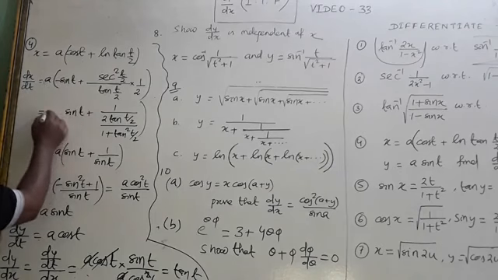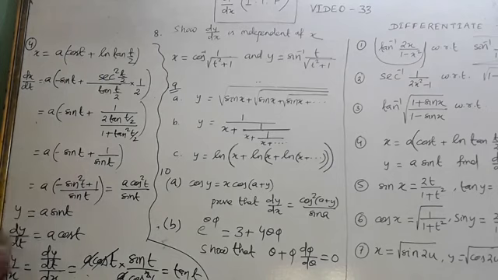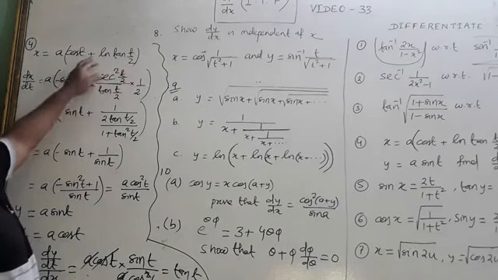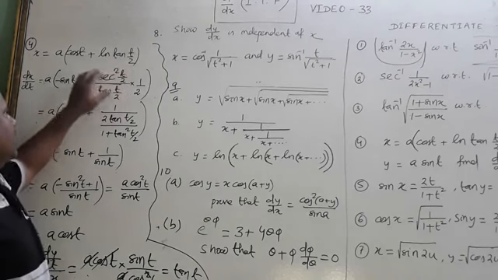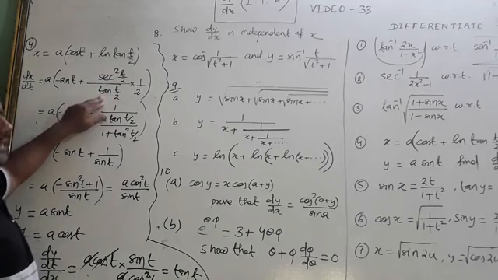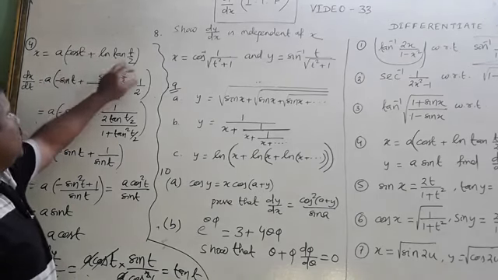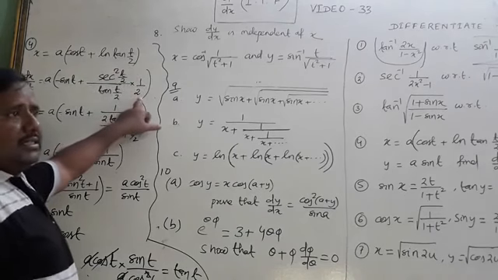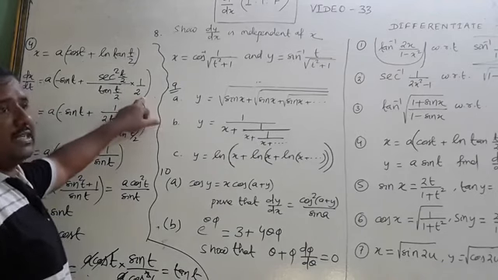Okay, and it becomes the cos t derivative of cos t, minus sin t, and the derivative of log tan t by 2 is: log something derivative is 1 by tan that thing into derivative of tan t by 2. It is sec square t by 2 into derivative of t by 2, that is half. Mistakenly many students in their exam paper forget to write this half. This is a great mistake.